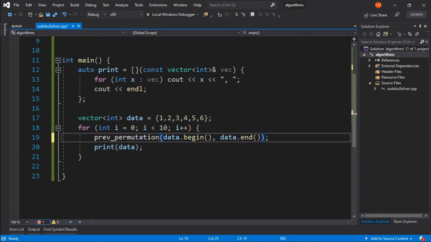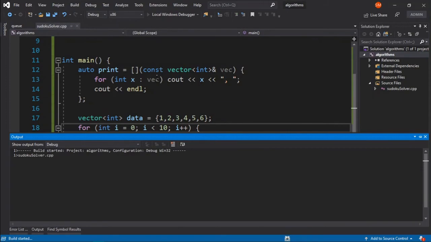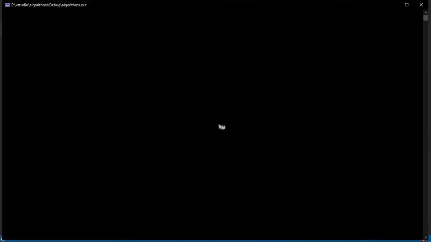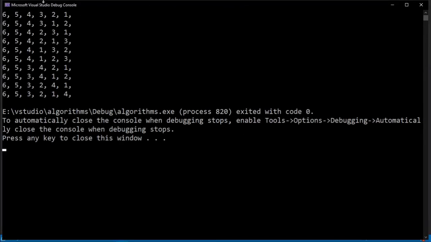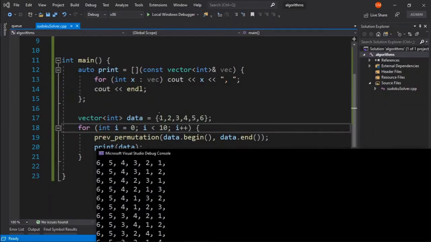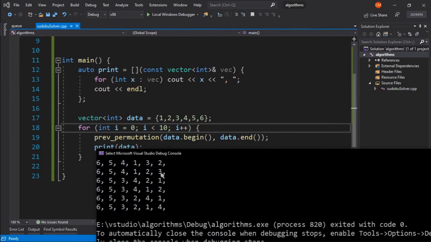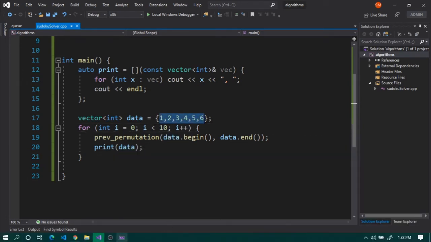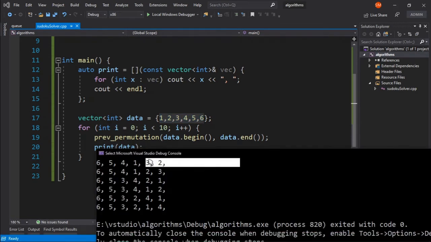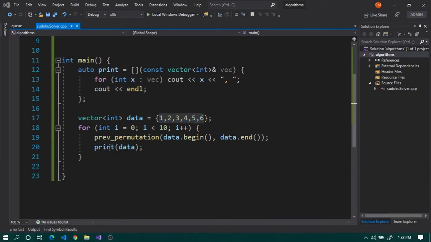It gives you the previous permutation, just like next permutation gives you the next permutation. As you can see, this data's previous permutation will be its reverse order, and then it will go like this, go like this, until it reaches here, and then it will cycle through. Okay, so this is how you typically use previous permutation.